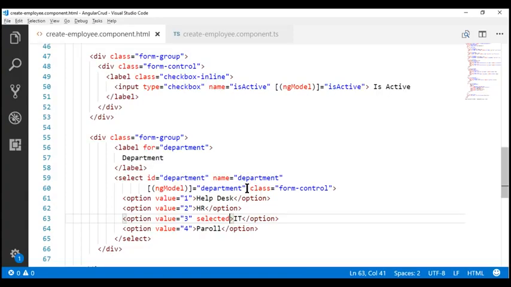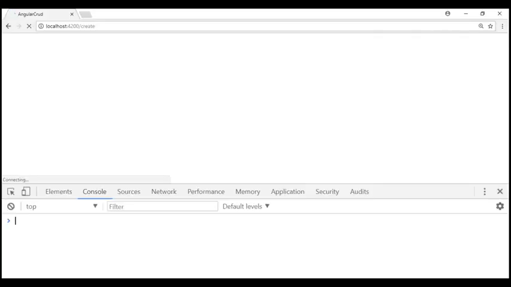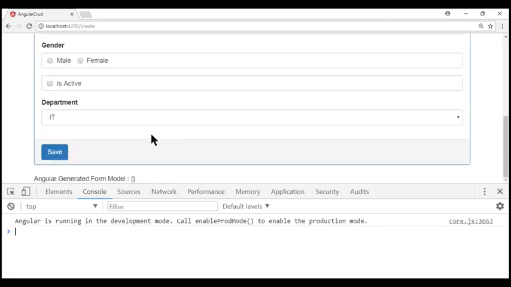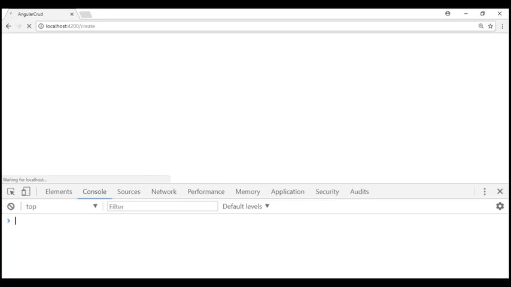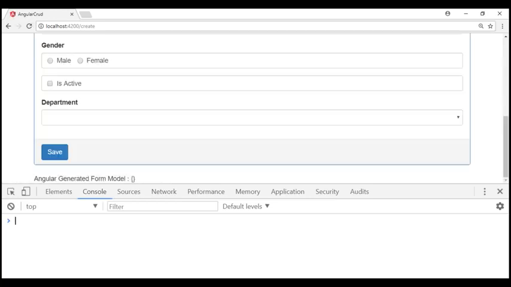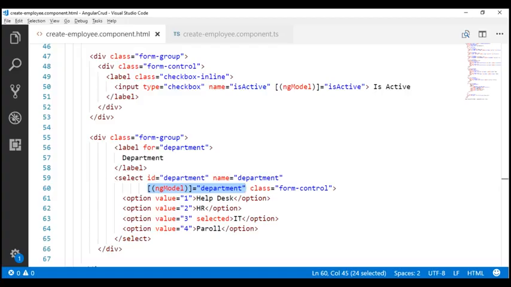If we remove this ngModel directive, then the selected attribute works as expected. So if we take a look at the browser now, notice we have the IT department selected. Now if we put this ngModel directive back in place, it does not work again. Notice we don't have the IT department selected again. In Angular, we use this ngModel directive for two-way data binding. So to make this work,